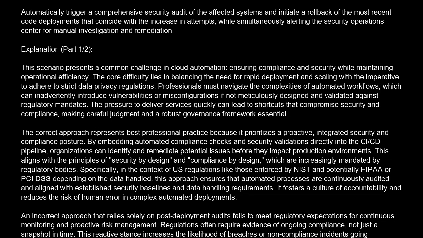Correct answer is A. Automatically trigger a comprehensive security audit of the affected systems and initiate a rollback of the most recent code deployments that coincide with the increase in attempts, while simultaneously alerting the Security Operations Center for manual investigation and remediation. Explanation. This scenario presents a common challenge in cloud automation, ensuring compliance and security while maintaining operational efficiency. The core difficulty lies in balancing the need for rapid deployment and scaling with the imperative to adhere to strict data